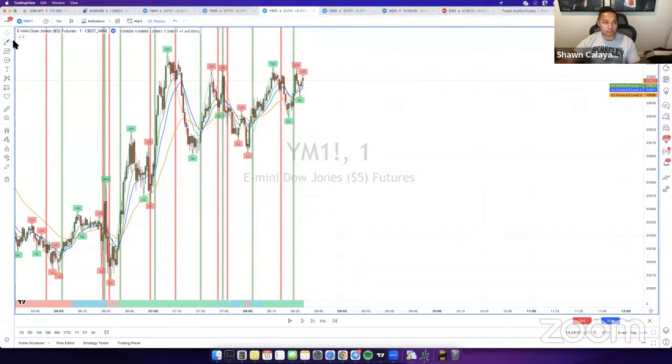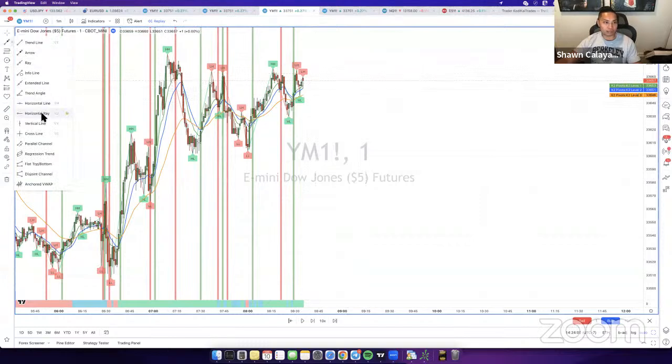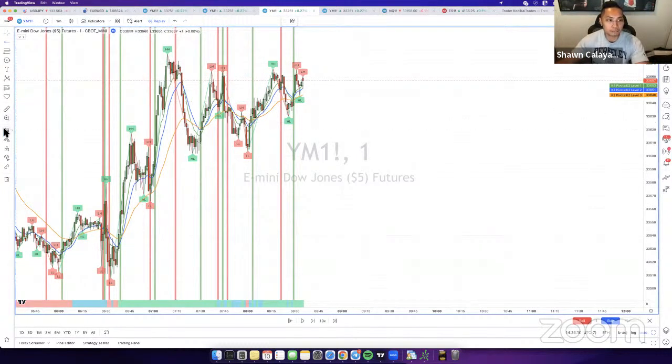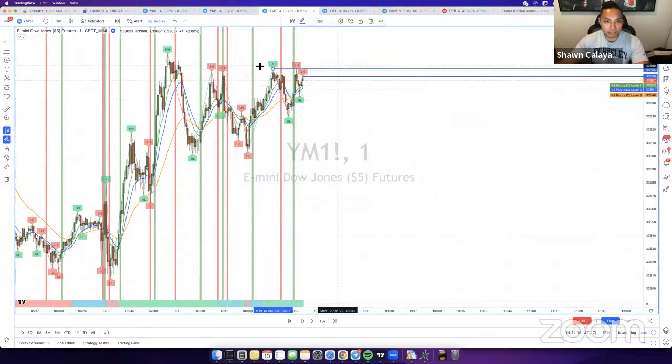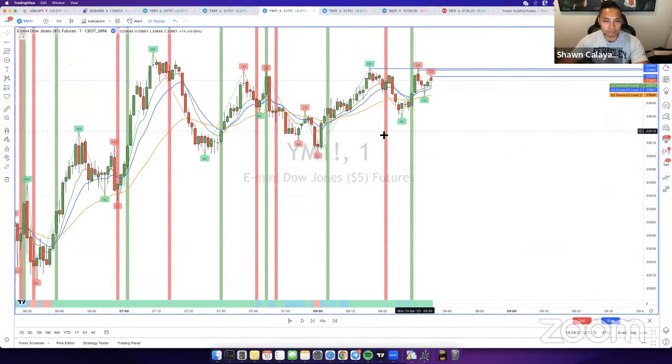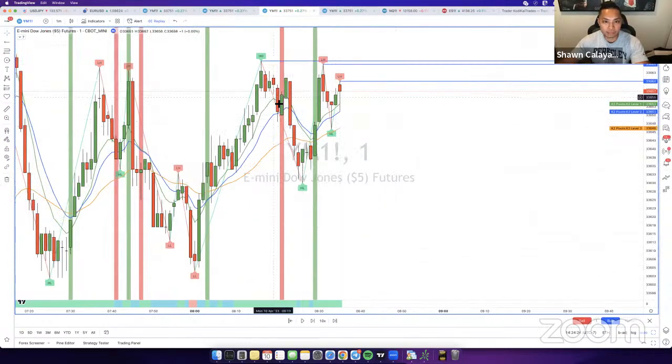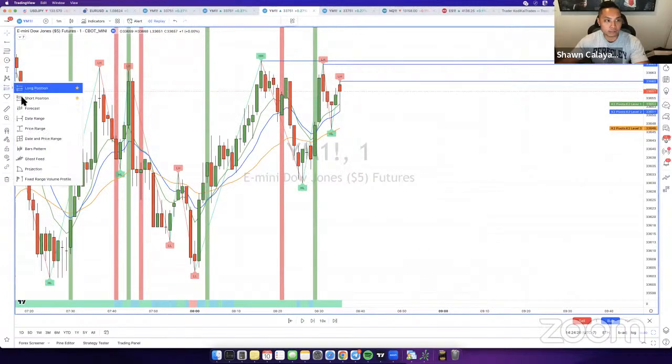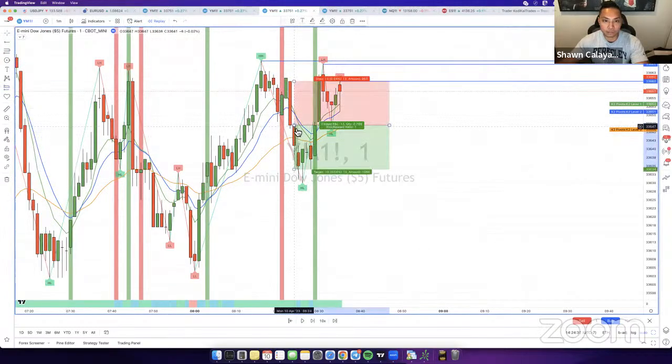To identify liquidity, or where the stop losses are sitting, basically the way that I identify liquidity is to see where people are placing their stop losses. So what I would do here is draw horizontal lines at the highs. Because when people enter sells, everyone places their stop loss at the previous swings. So over here, you can say, for example, if someone was entering a sell at this point, right there,